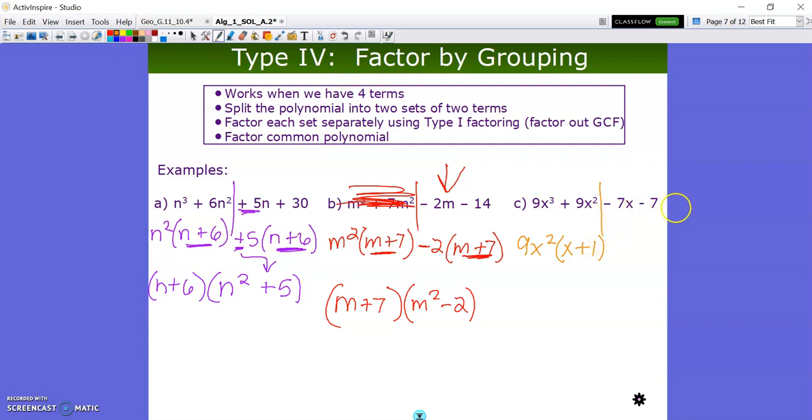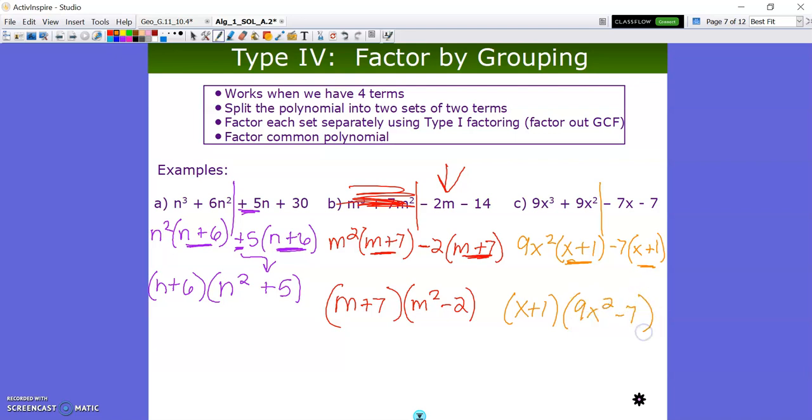In our second chunk of our polynomial here, I'm going to pull out -7, because when I divide by -7, I'm going to get a positive x, and I'm going to get a positive 1 there. If I only pulled out +7, then my terms would not match in parentheses. So they do. That's my greatest common factor. We're going to write that in front, and we're going to put the leftovers